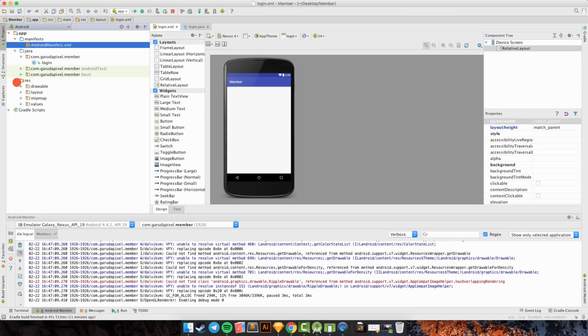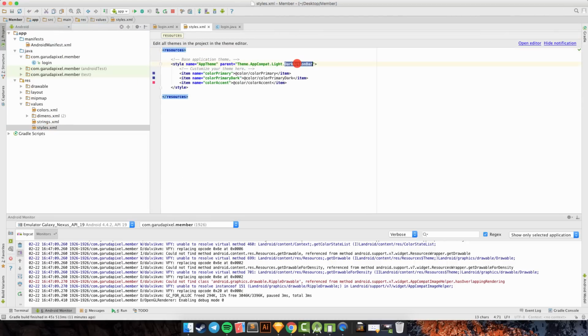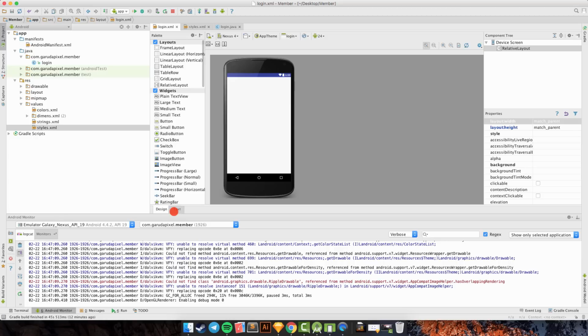We go to res, values, and styles, and we don't need the action bar, so no action bar. Okay, and we don't have the action bar here. It's pretty cool and clean, I think.